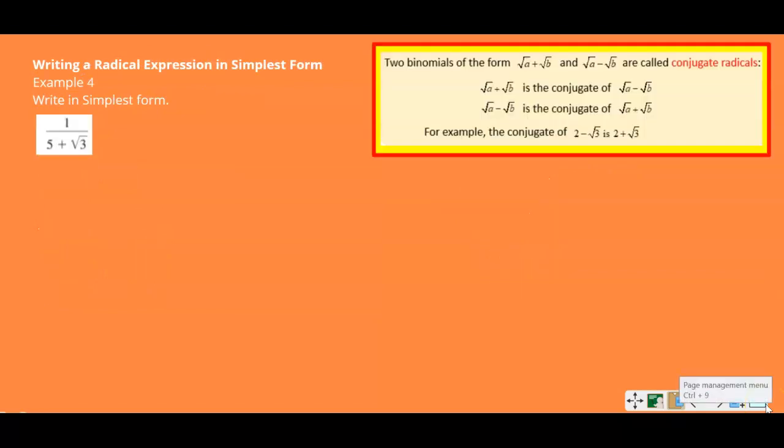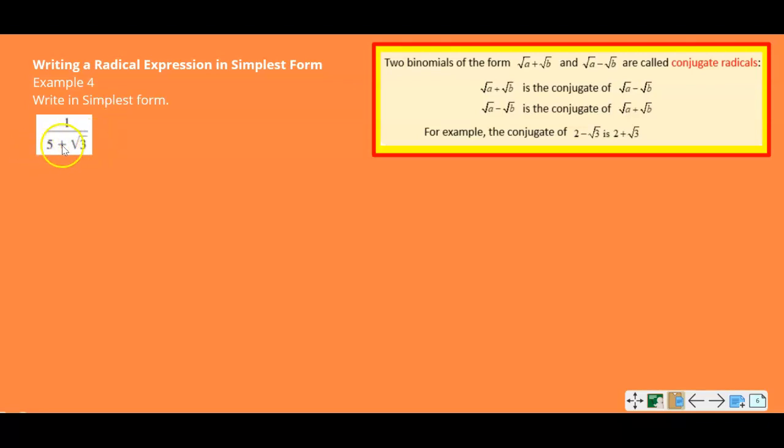Example 4, writing a radical expression in simplest form. So example 4 is 1 divided by 5 plus the square root of 3. So we can see that this is a binomial. So if we want to rationalize the denominator, in this case, we have two things that are joined together and we can't separate those. So if we multiplied the top and the bottom just by square root of 3, we